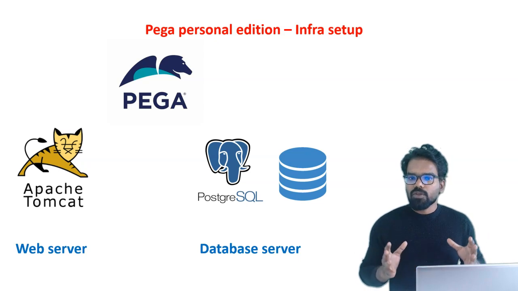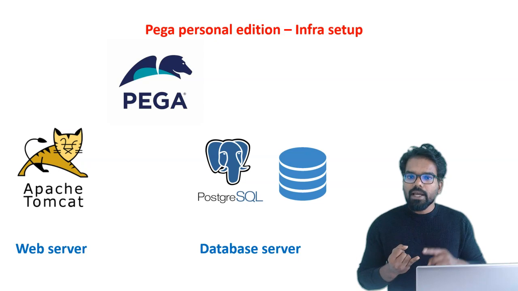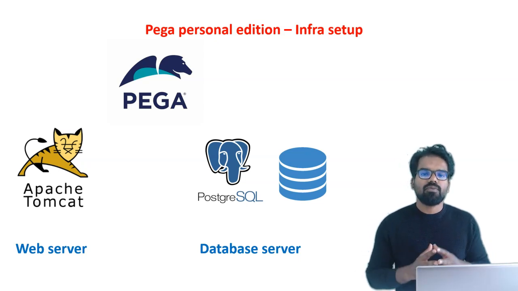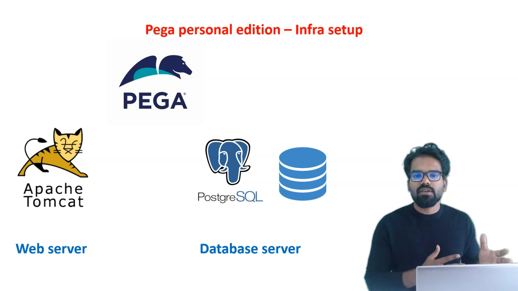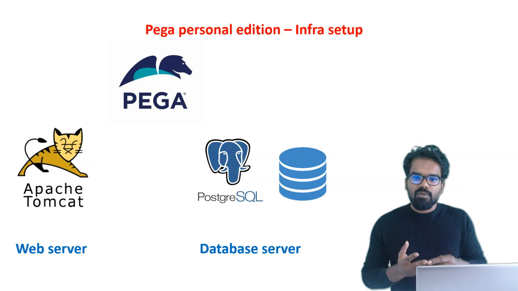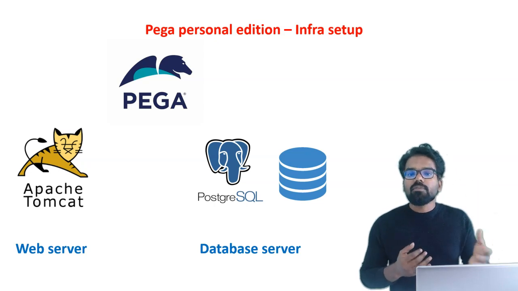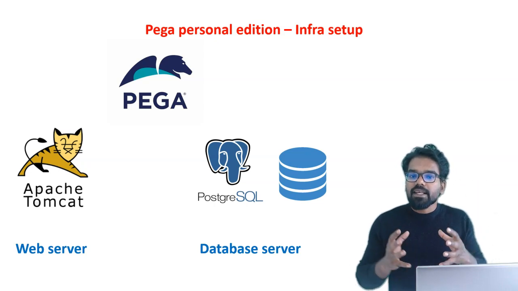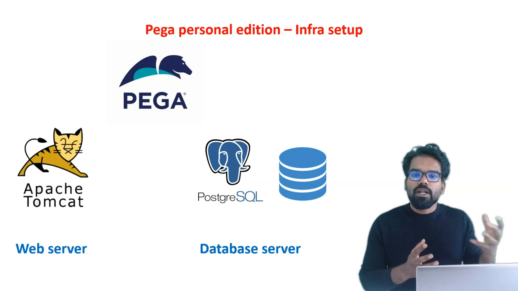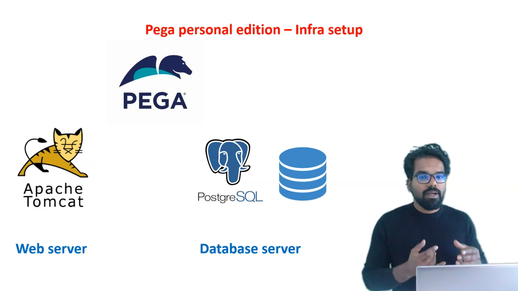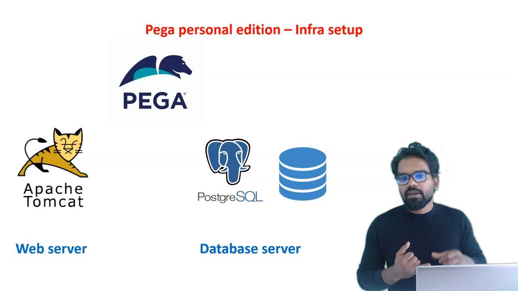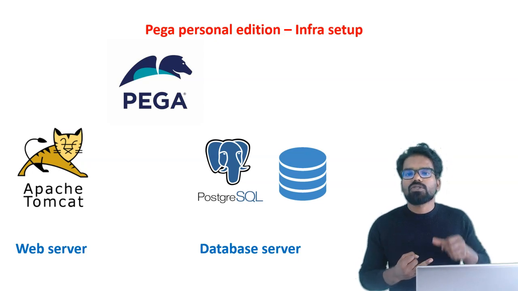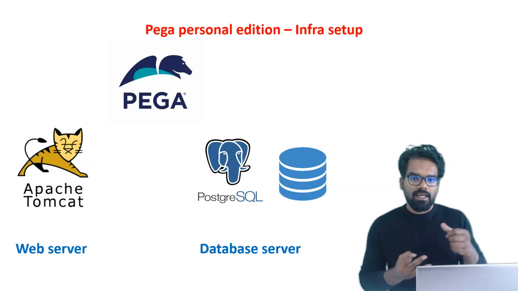In software, you can have two types of software. It can be open source software. It can be licensed software. Open source is like free software. You can just go to their official website and download the package. Whereas licensed software is where you have to request the software and pay certain amounts before you can download it. Since Pega Personal Edition is free, they are definitely using open source software like Tomcat as well as